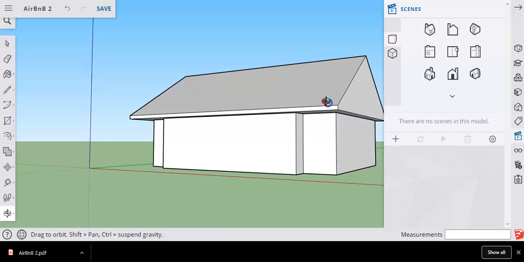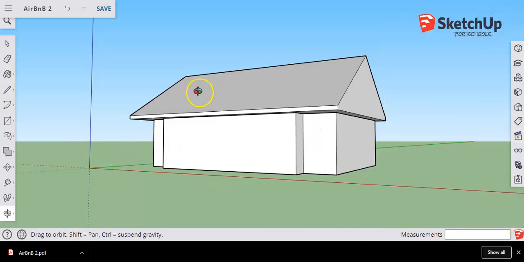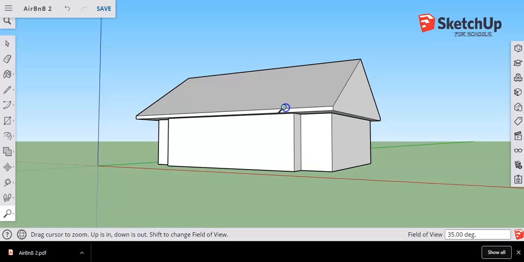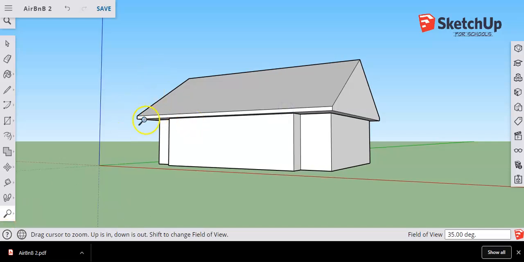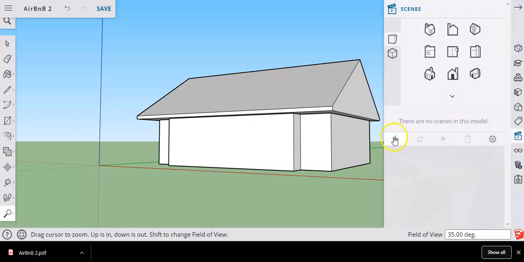So you're going to see the underside of the roof overhang a little bit, and see how my horizon line goes through the middle of the wall like that. So this would be a good eye level view, and it should take up roughly half of the width of your screen, maybe just a little bit less than that, because we're going to be adding on to the front of this building. So once you get a good eye level view in perspective, just come over here and hit